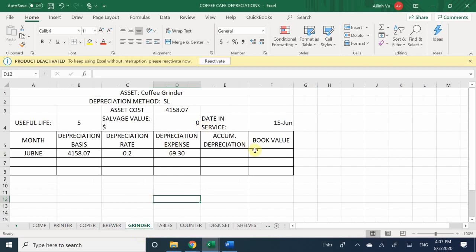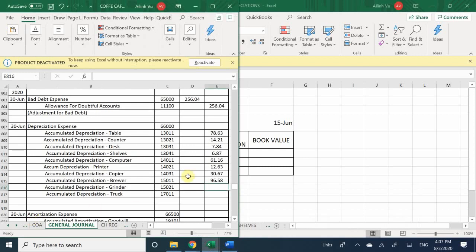Okay. And the grinder. I lost that page. Grinder is $69.30. Okay. And then lastly,